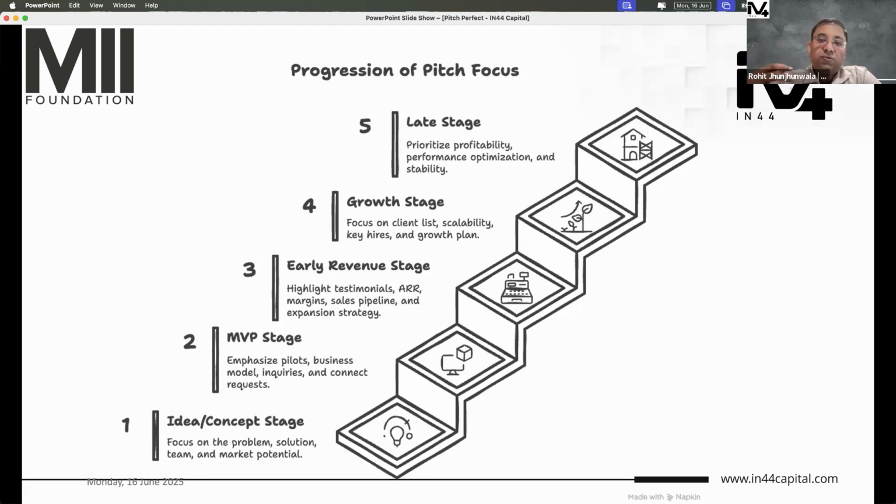You need to show that yes, you have moved up from a concept stage to a POC or an MVP stage. That is what you are selling now. You're selling that, hey, I have a product now and I'm just going to go to the market. And this is how I'm going to go. This is how I'm going to get customers. This is my first customer. I hope to get the first customer in this way. In the next 12 months, this is my timeline. That is what you are selling. You're selling that you can succeed further because you have built up an MVP.